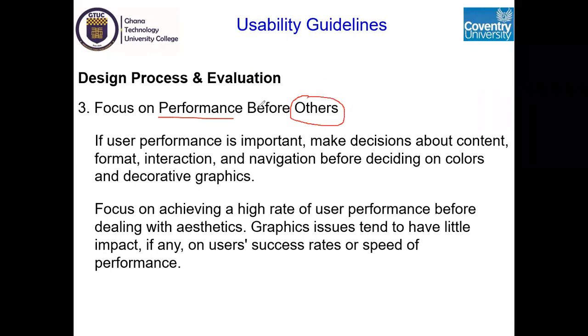The nice colors, the things flipping up and down here and there. Don't worry too much about that. But focus on performance. And by performance, it's just like, if you put up a building,